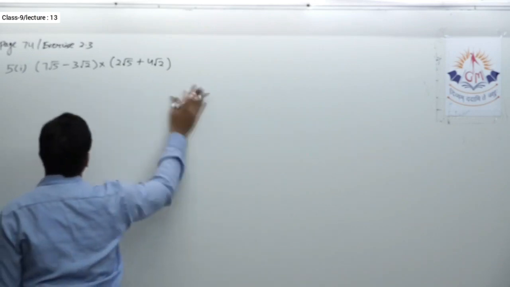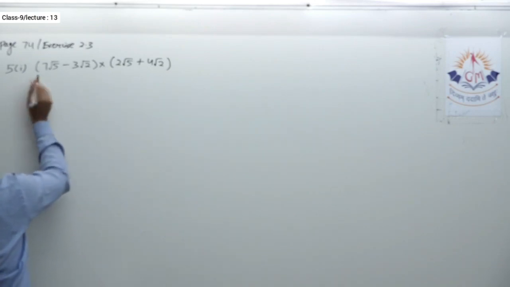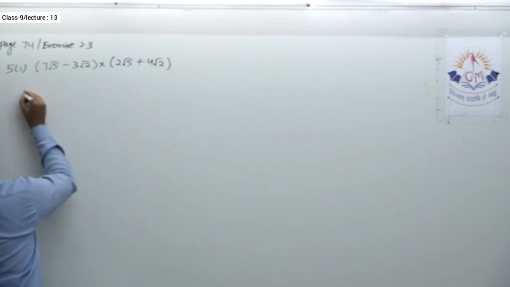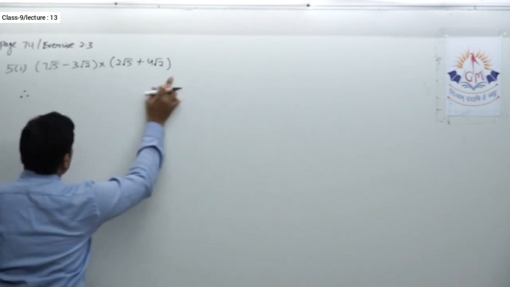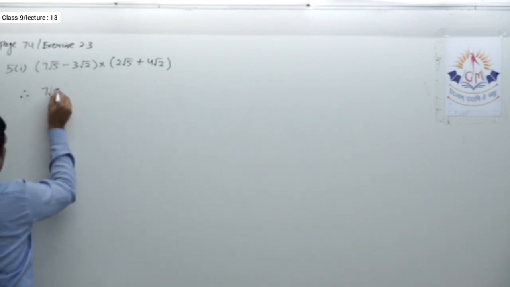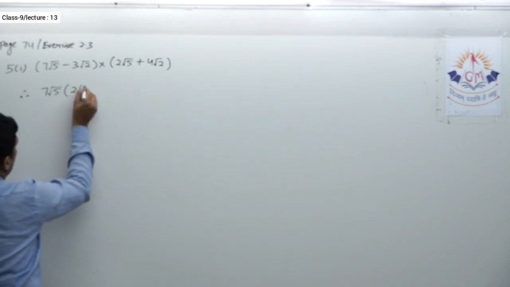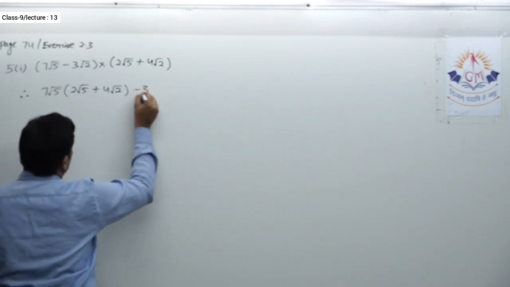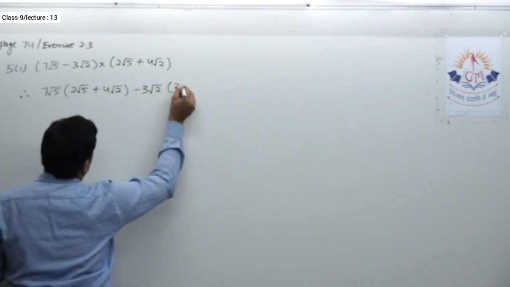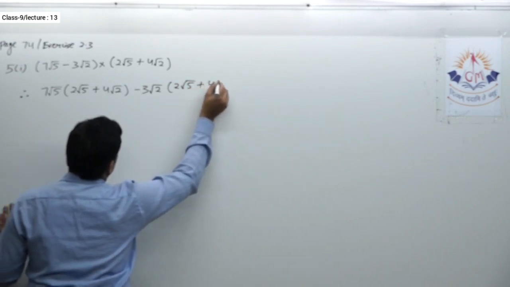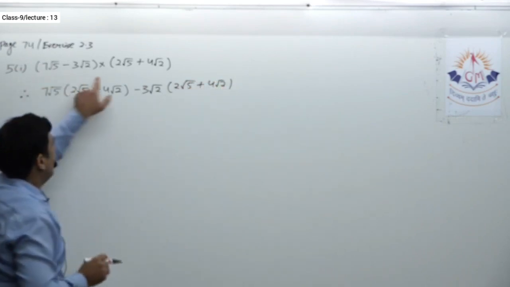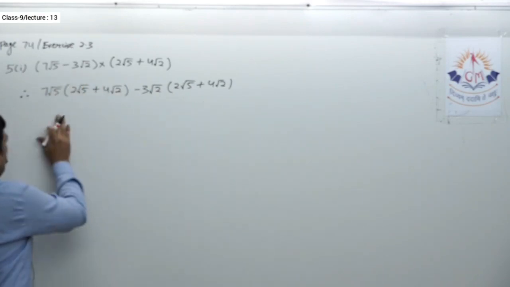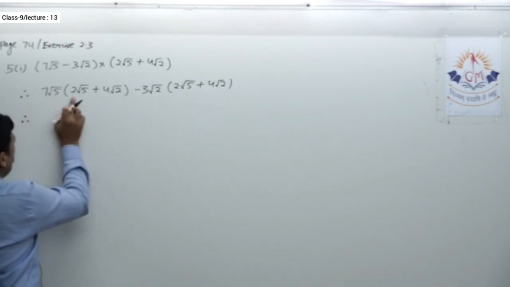Okay, here again you have to simplify, that means here you have to multiply. So again this is a binomial times a binomial. Let us see how to multiply this. 7 root 5 with these two. So 7 root 5 multiplied by (2 root 5 plus 4 root 2). Then minus 3 root 2 multiplied by this. So this is the very first step. Here I wrote that first I will multiply 7 root 5 with these two. Then with this minus sign I will multiply with these two. Now over here, 7 into 2.